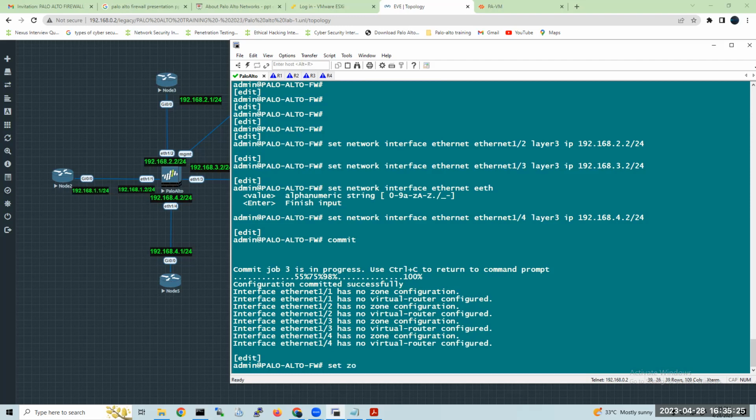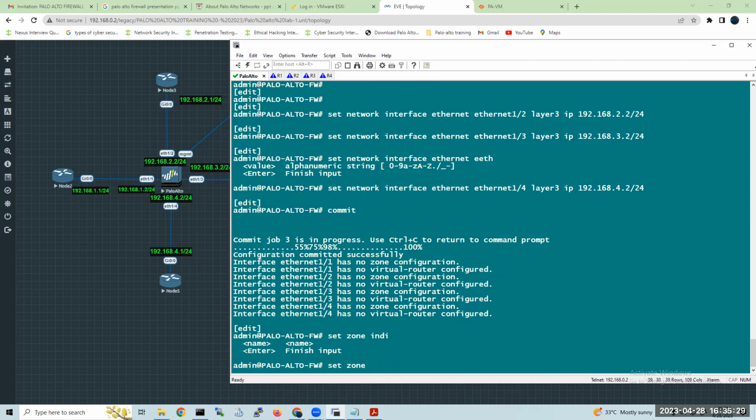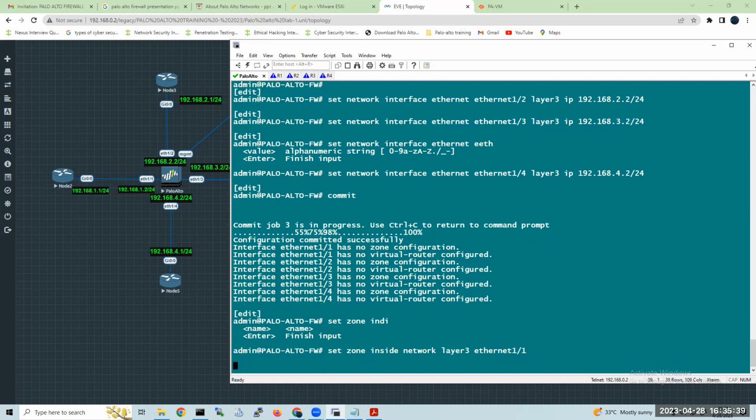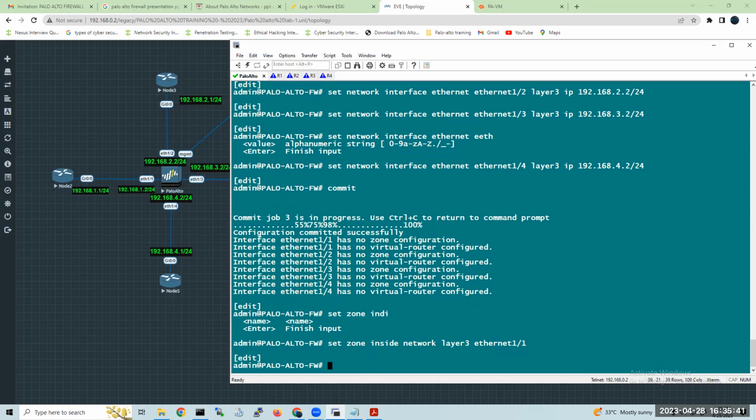Set zone inside, INSIDE. Inside network for layer 3, for which interface? For 1. This is the inside. Let me explain this.